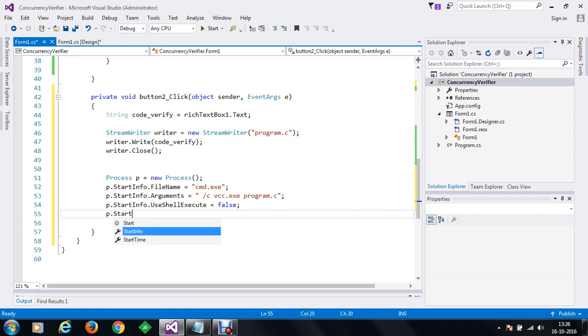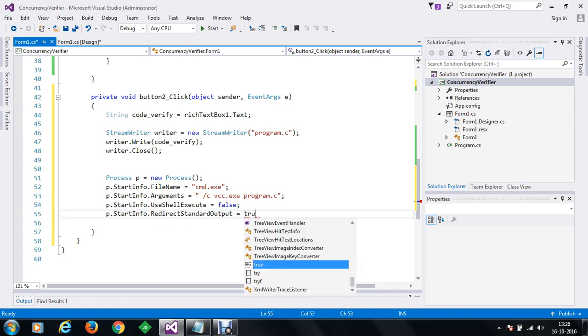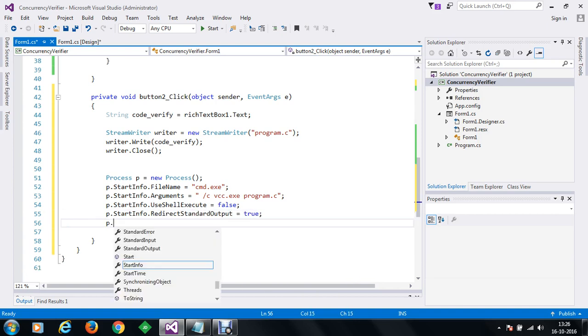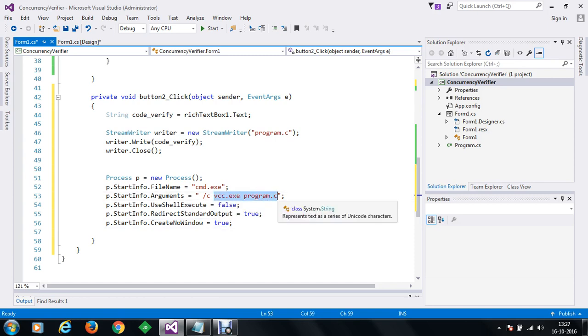So we are going to set start info dot redirect standard output to true, and we'll do something like start info dot create no window. We don't want the command prompt to be displayed, so we'll set that to true, meaning we don't want a separate window for a command prompt. We'd like to execute all the commands, that is our vcc.exe and program.c, within the privileges of our program. So we have created that.